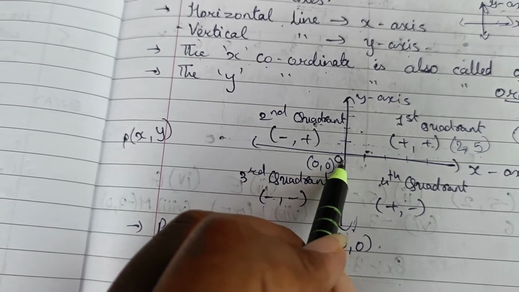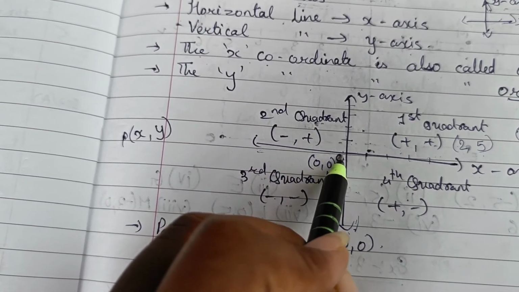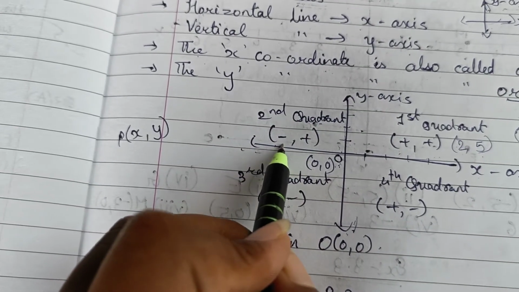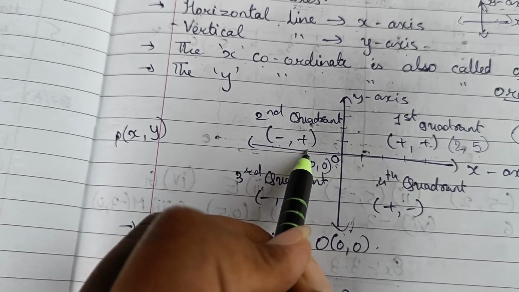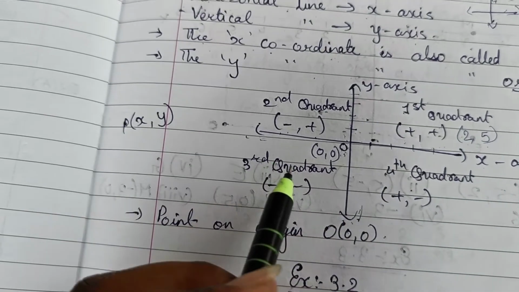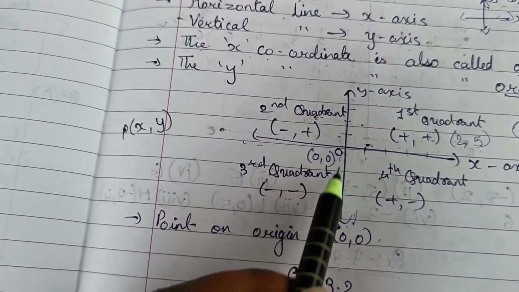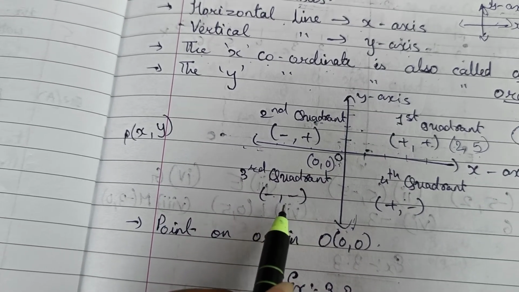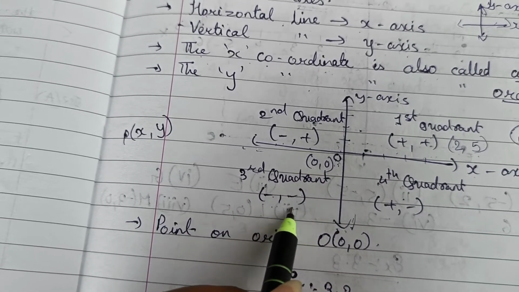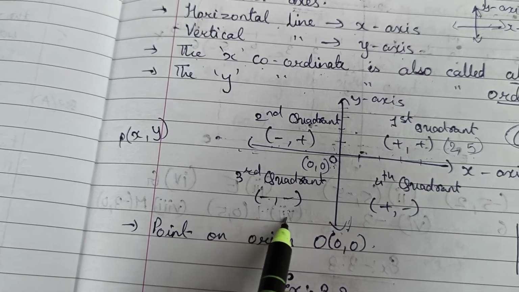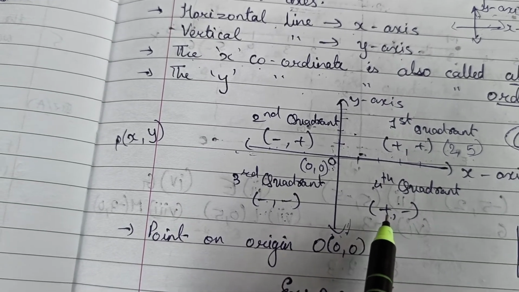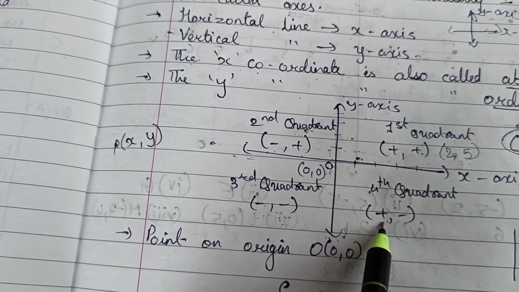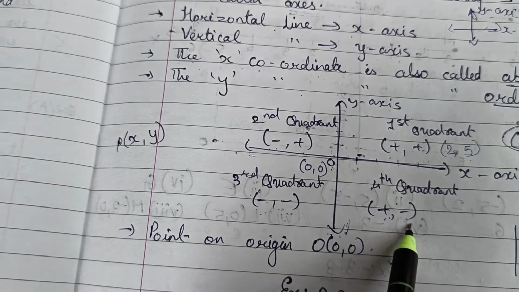In the same way for the second quadrant, your values will be formed by the negative x-axis and positive y-axis. So your first value will be negative over here and the second is positive. Come to the third. In the third quadrant, the negative x-axis is there and the negative y-axis is there. So the points will be (negative, negative). Whatever your points will be, both will be negative in the third quadrant. Now come to the fourth quadrant. The fourth quadrant consists of the positive x-axis and negative y-axis. So your first value will be positive over here and the second is negative.